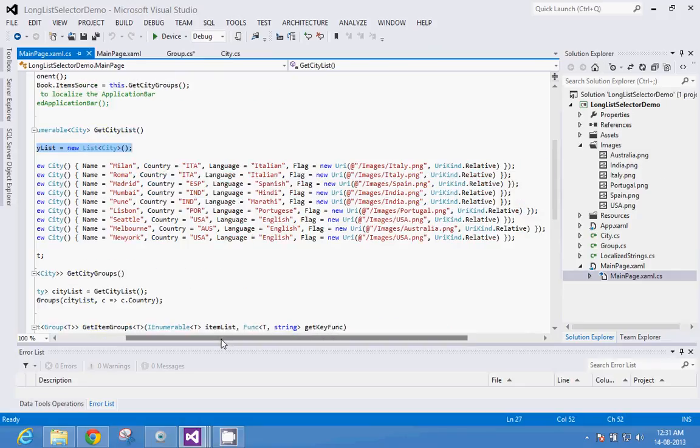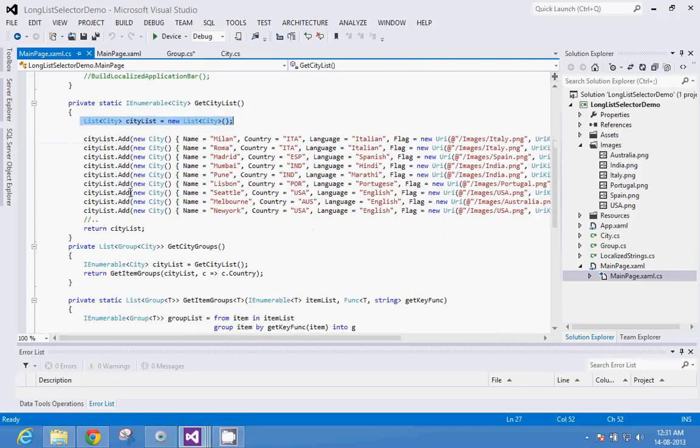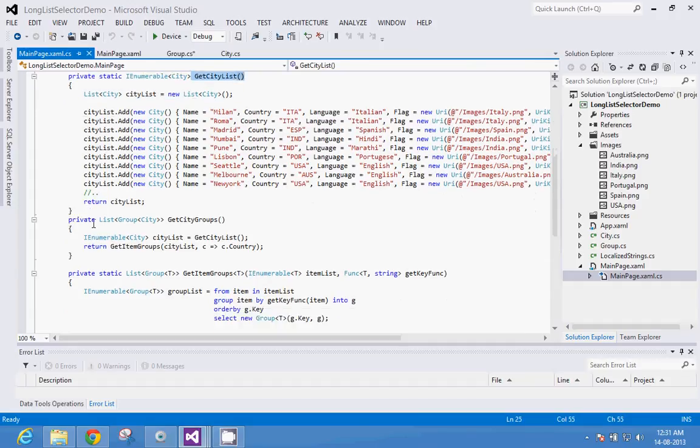This is my get city groups method. This method returns a list of groups. So I'm going to group my list based on country.